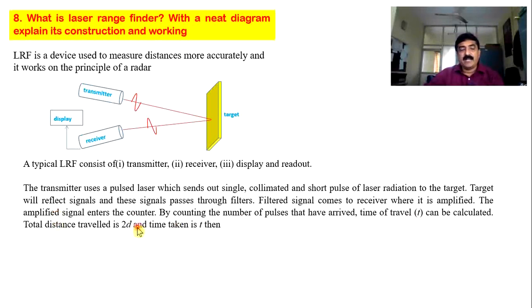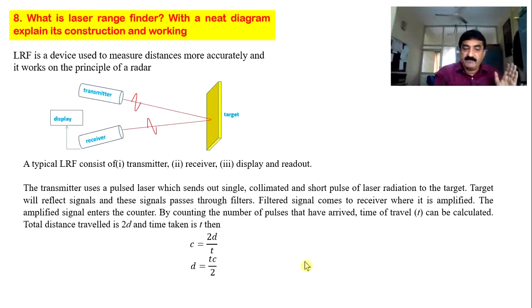Once you know the time traveled, the distance 2d can be calculated using this formula. So velocity is equal to distance traveled divided by time taken. See, total distance, this is the small d, total distance is d plus d, so that is 2d divided by t. So I want only d, then it is tc divided by 2. So by knowing the value of t, anyway c is speed of light, substitute and you can calculate the distance,